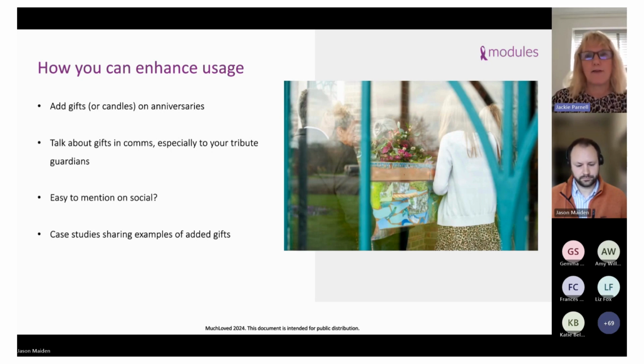So there's lots of little different options you can do to make a connection with that supporter, make them feel valued, but also just using some simple functionality that you've got access to. So I hope that helps explain to Advantage partners as well, just how you can easily add the gifts too.